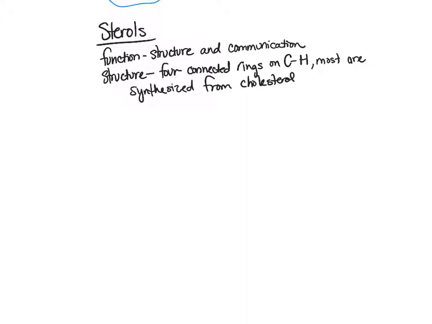All right, so our sterols are, again, going to be lipids, and one of our most important sterols is cholesterol. They're used for structure. We'll see that in the plasma membrane, and then they're also used for communication because a lot of our hormones are sterol hormones. So the structure is 4 connected carbon-hydrogen rings, and then most of these sterols are going to be made from the base of cholesterol. So we take these sterol rings from cholesterol and we add certain things to them to make other things. So cholesterol